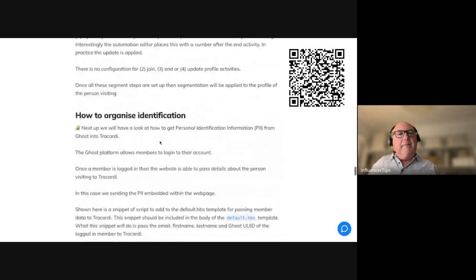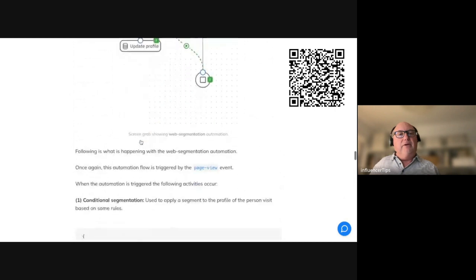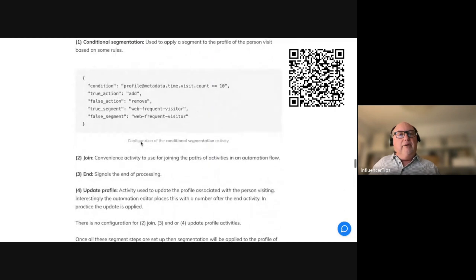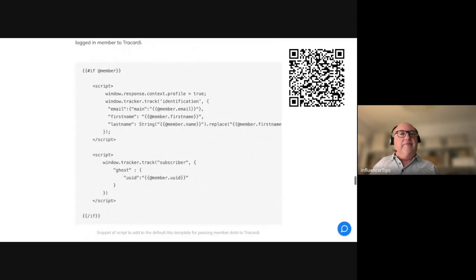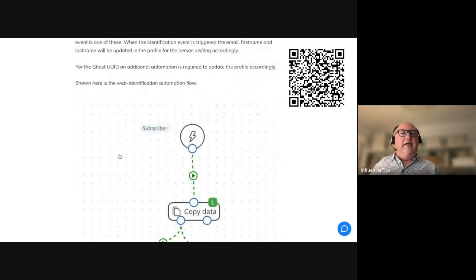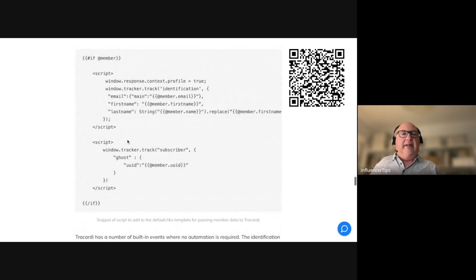And then we just scroll back up and have a look at the trigger for that flow. So we see page view. We just see how we're calling that flow there. Here we go, so we've got the flow. Okay, so we were jumping around a little bit there, apologies. We were talking about the identification event, which is